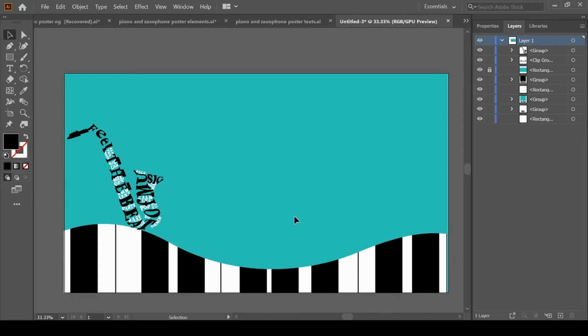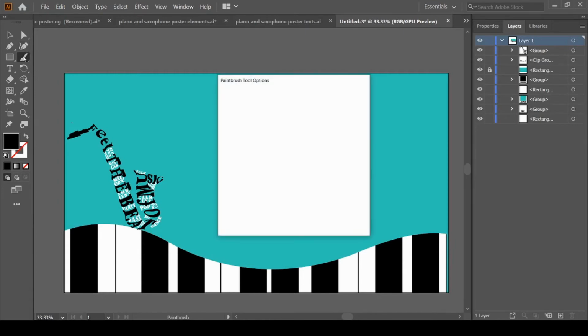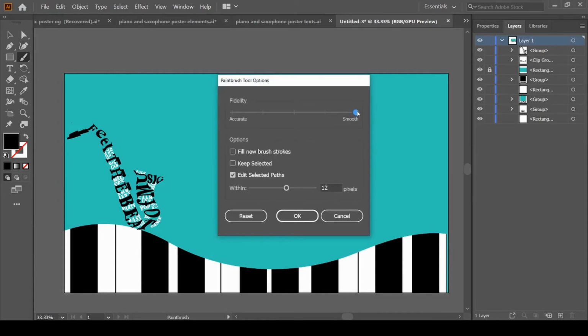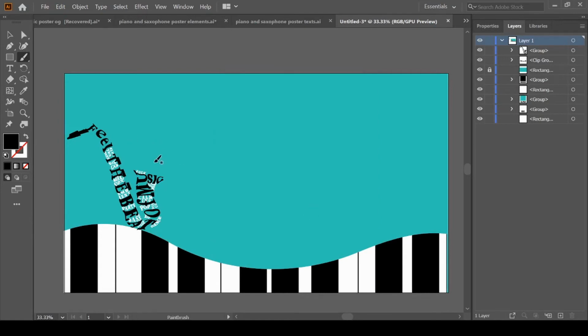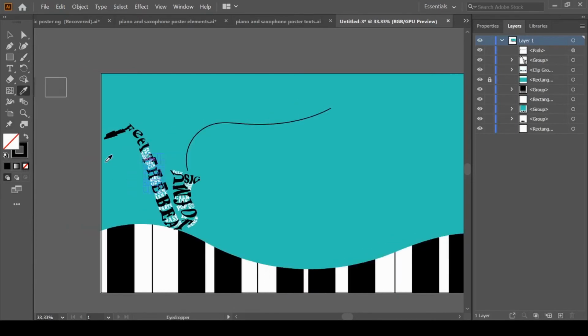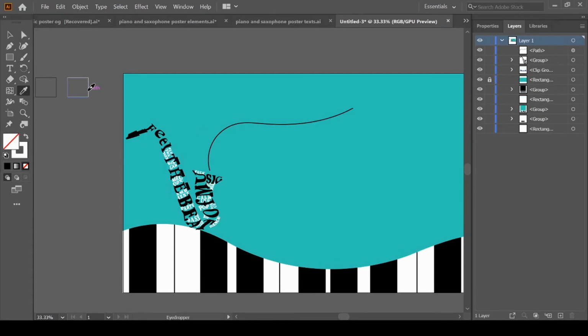Now we will grab the brush tool, B for brush tool, and make sure your brush is fully smooth. Okay. And then we will make an illusion of the sound waves. So make any random waves. I for eyedropper tool, pick this white color.